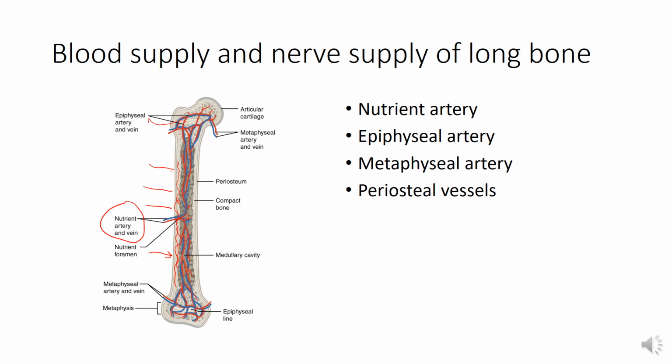Regarding the nerve supply of the long bone, the majority of nerves in the bones are found along the blood vessels. Both sensory and autonomic fibers have been demonstrated in the vessels of the periosteum, Volkmann's canal, bone marrow, the osteochondral junction of the growth plate, and the attachment of the synovial membrane. So there are sensory fibers, and of course when the bone is broken there is a lot of pain.